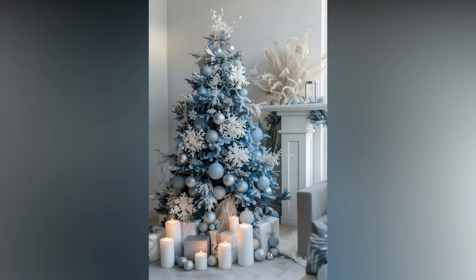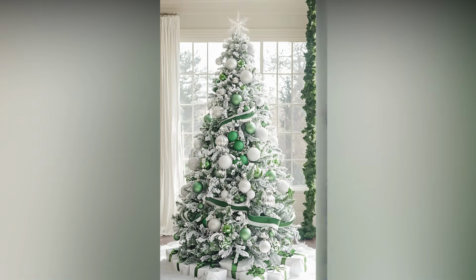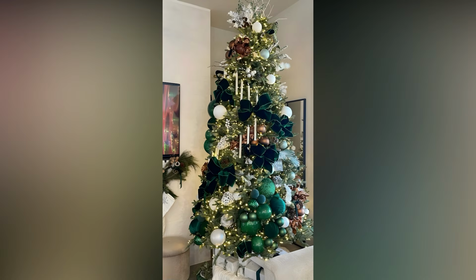As you decorate, think about how you want your home to feel, not just how it looks. Do you want it to feel cozy and peaceful, bright and cheerful, elegant and sophisticated, or fun and playful? That feeling should guide your choices, from the colors you use to the textures you incorporate to the way you